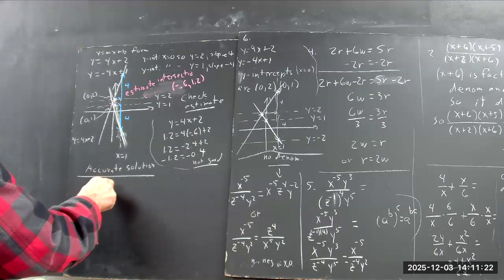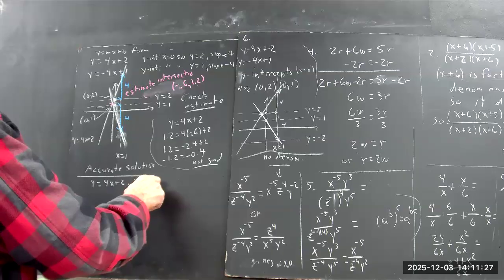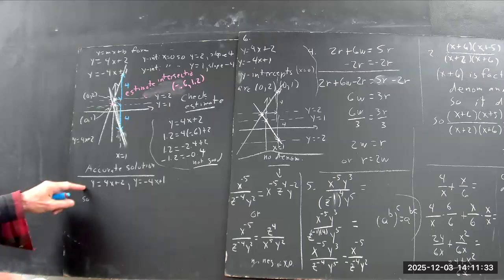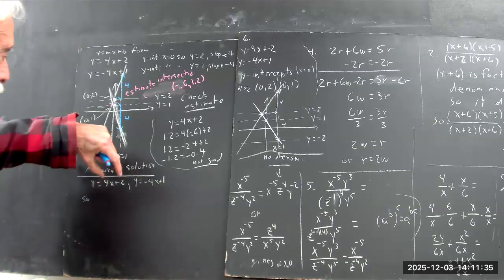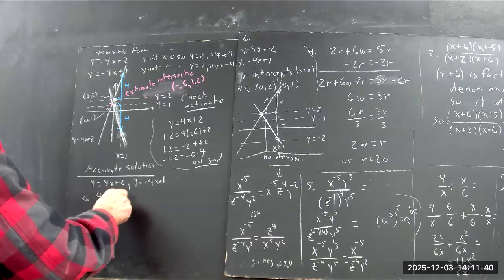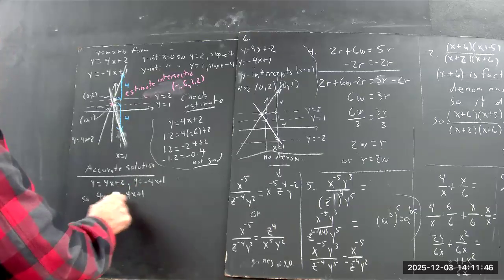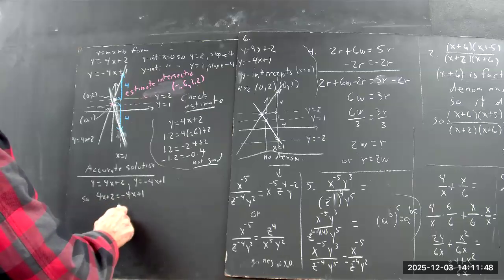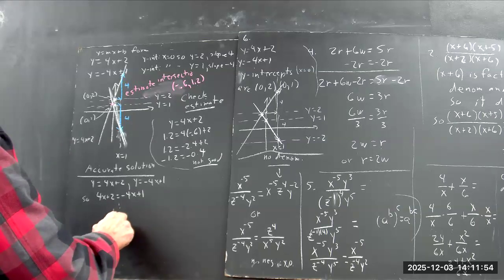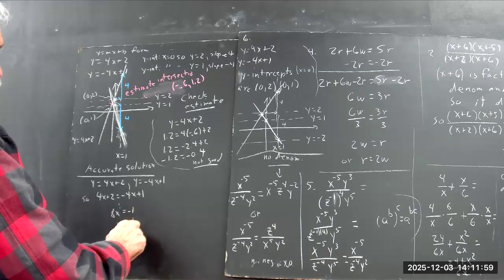One way to solve it: y equals 4x plus 2, and y equals -4x plus 1. If y equals this and y equals this, then this equals this, and 4x plus 2 would equal -4x plus 1. Well, we would add 4x to both sides and subtract 2 from both sides. We would get 8x equals -1, x equals -1/8,